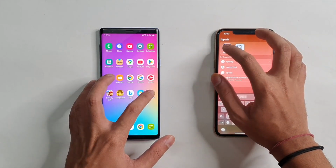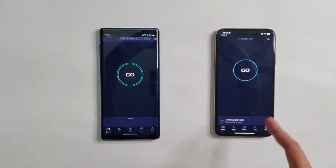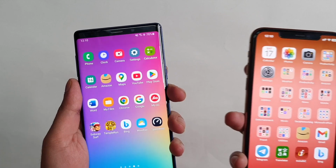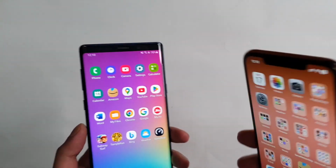Now let's move on to speed test. That was slightly faster on the 11 Pro Max. So if you compare the performance on both these devices, the 11 Pro Max will be slightly faster as compared